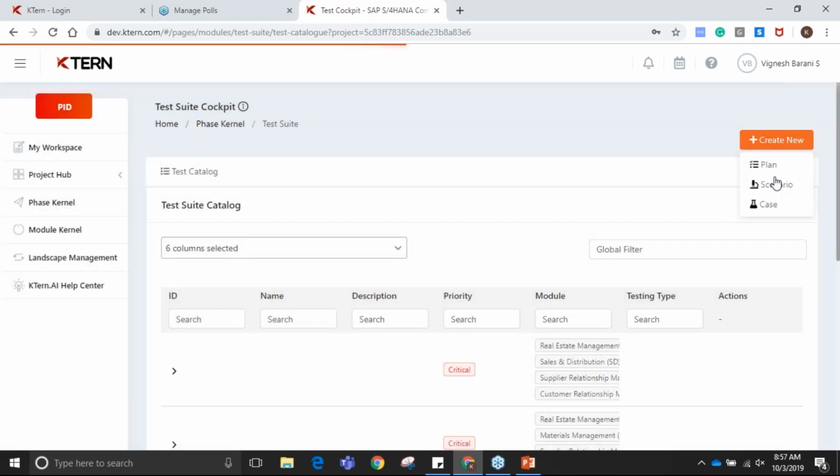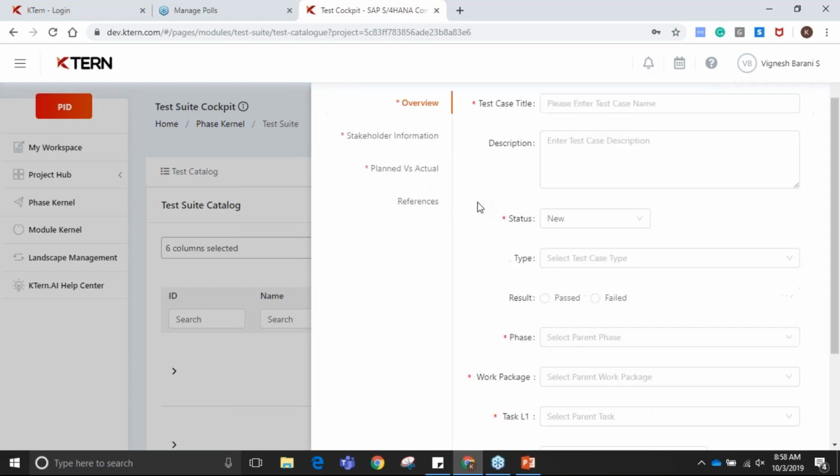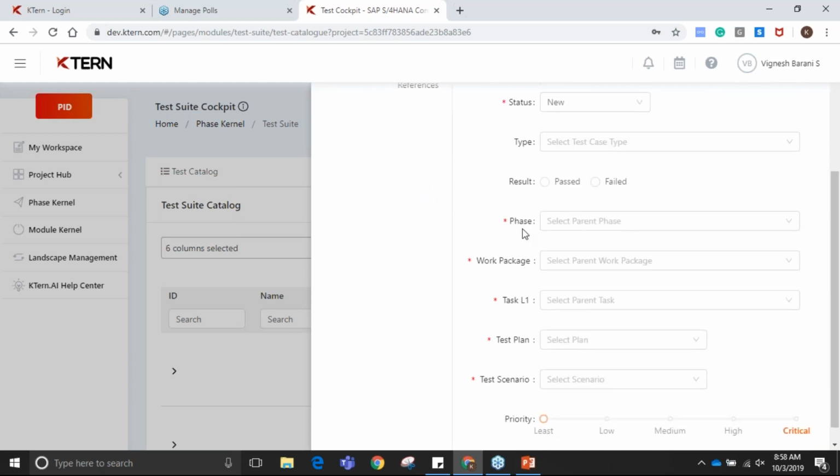Followed by that, we'll have test case creation. This test case creation is vital since we cover the project management attributes as well as the stakeholder information, the plan versus actual information, as well as the references. It is not just about creating a test case, but also about covering where it comes into play, because this is a critical factor for the entire conversion project. We'll be talking about the phase, the work package, and the L1s,